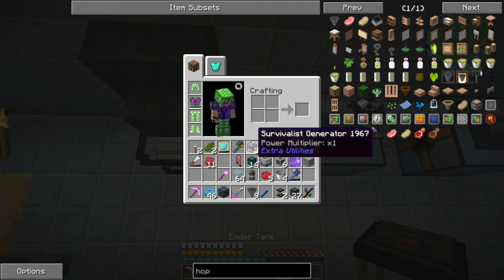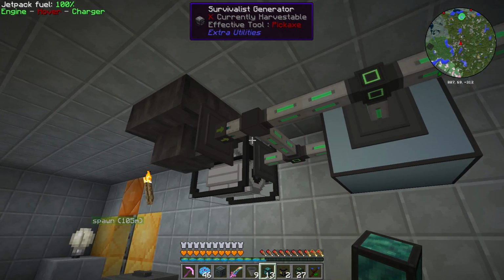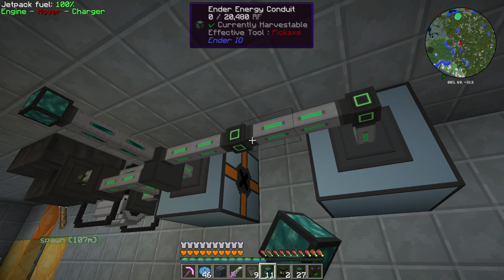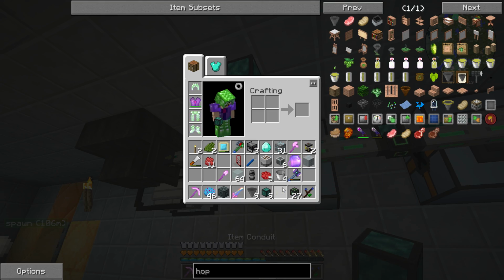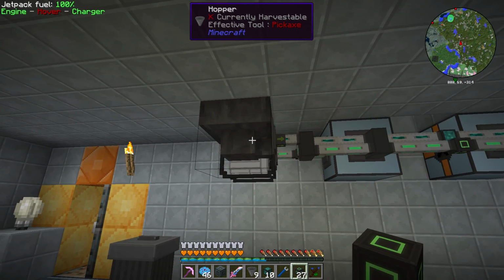And then I'm going to run some item conduit off of it. I'm going to click into there. Wait, did that not do? Oh, there it goes. Right there and right there. We can remove this old boy. Get! So, what that should do...